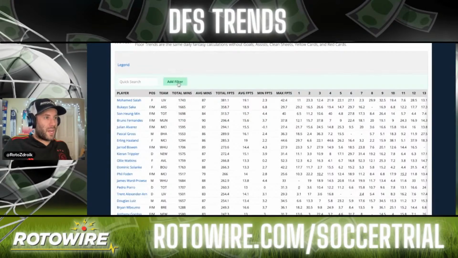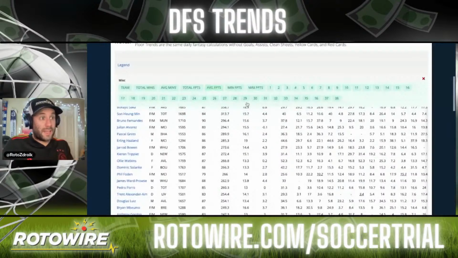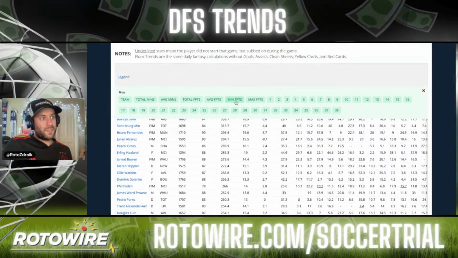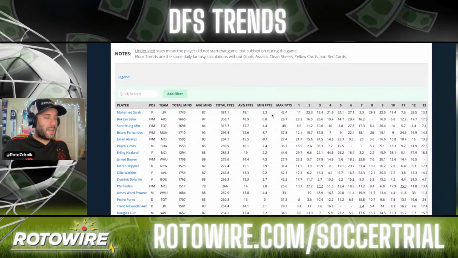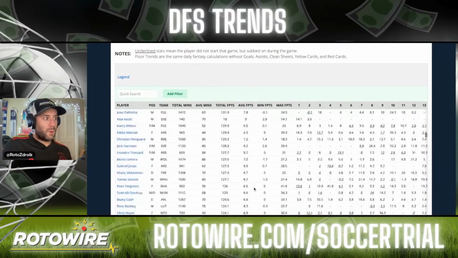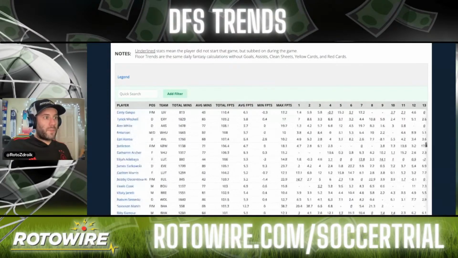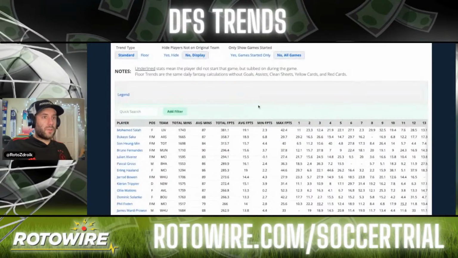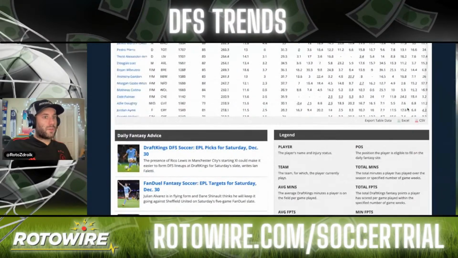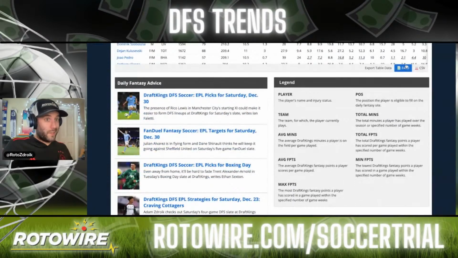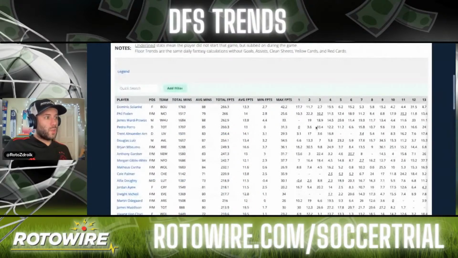With these filters, you can look at the game weeks, filter out certain game weeks, or set a minimum average of fantasy points. Let's say you don't care about guys averaging 2 points. Whatever you want. Once you filter those out, you can download that filtered information into your own spreadsheets and then do whatever you want from there.